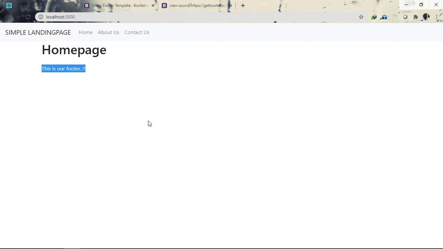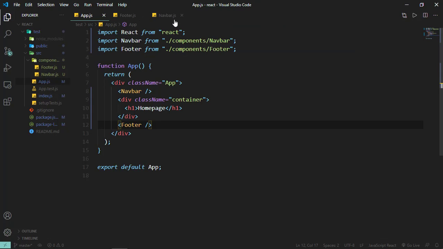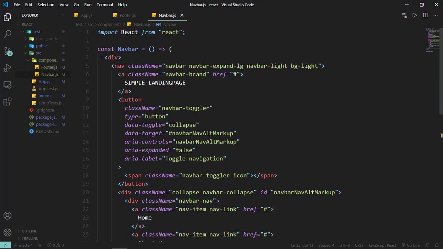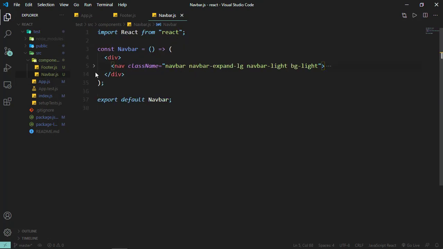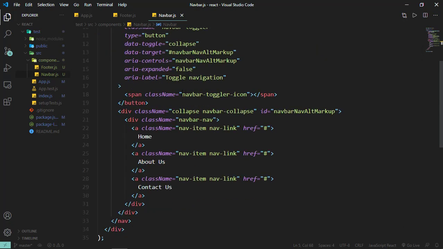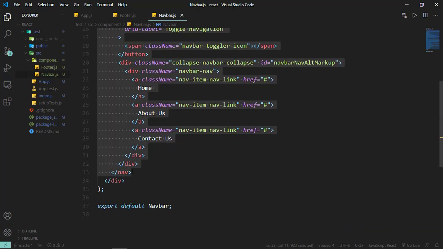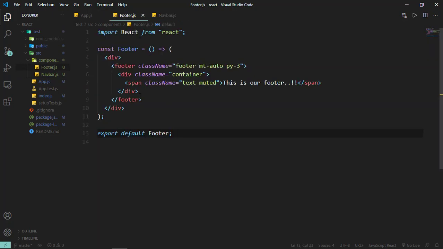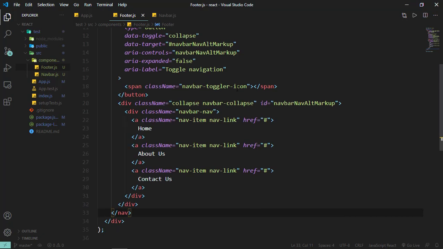No way. So what I'm going to do is I'll go ahead and use the navbar as the footer, and you'll forgive me. Probably I shouldn't do that, but who cares? So we have our navbar, and I'm going to copy you, bring you here, paste you there, save everything,